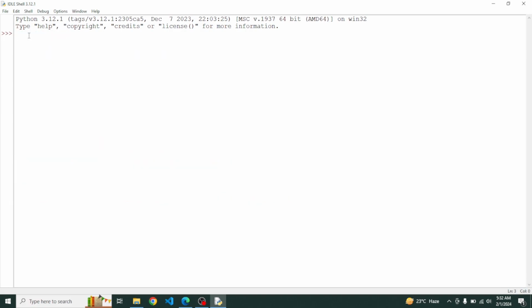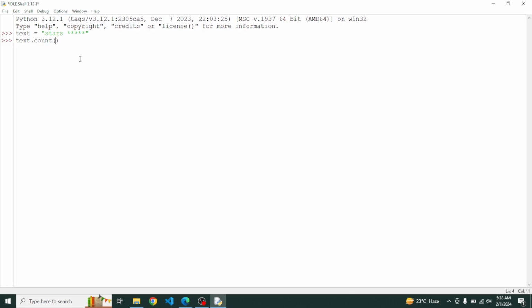Now there are a couple of string methods, okay? I'll demonstrate another method. Suppose you have a string text equal and then the string has, let's just say about a 1, 2, 3, 4, 5. Okay, now if I say text, which is my string, and I apply a method on it, so after the string you add a dot and then the method name. In this case, we will use the method count